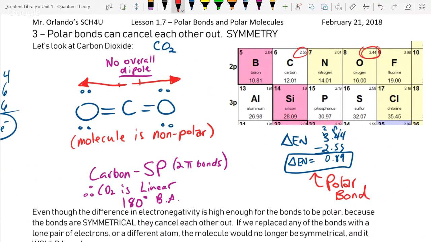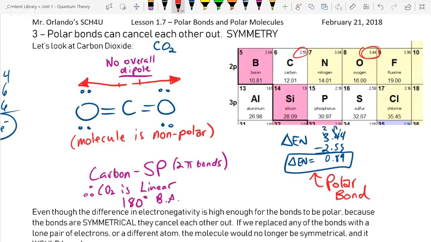Let's take a look at that again. The bonds are polar. We have electrons spending more time over here, which gives us slight negative, and we have electrons spending more time over here, which gives us slight negative. But keep in mind that this end of the molecule has a slight positive because of this dipole, and this end of the molecule has a slight positive because of that dipole. And so on net, there is no dipole. They cancel each other out. And you can see this